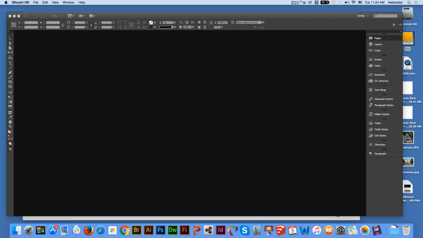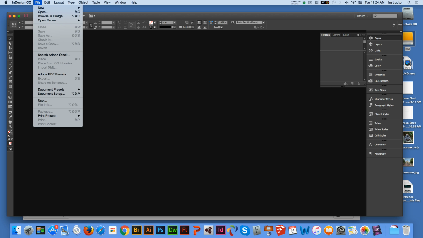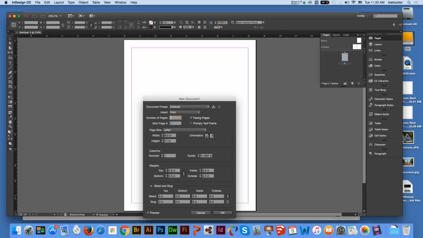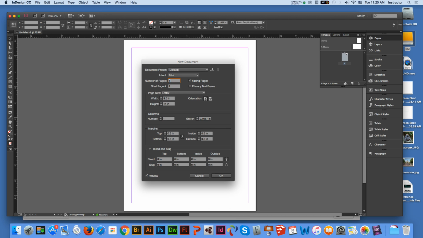Okay, today we are going to use InDesign and create a newsletter. So first we come to File, New, Document. I'm going to set the number of pages to 2, and I don't need the primary text frame. It's letter size, and the margin line is 0.25,